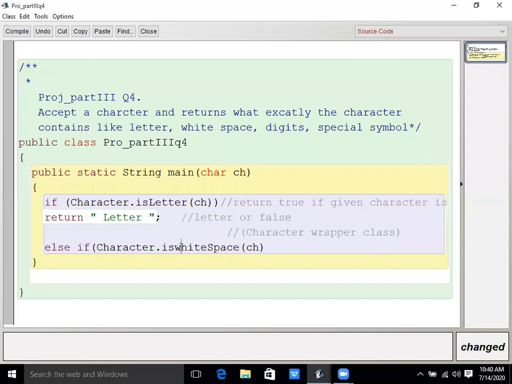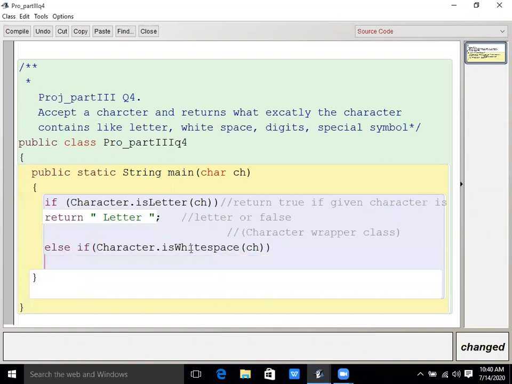I think W is capital. Okay, so if the given character is white space, it's going to return true. Otherwise, it's going to return false. Okay, so if this condition is true, then the message is going to be returned. That message will be white space.